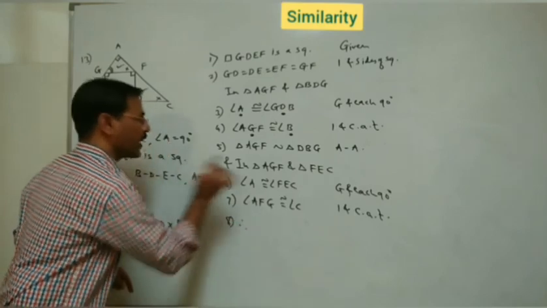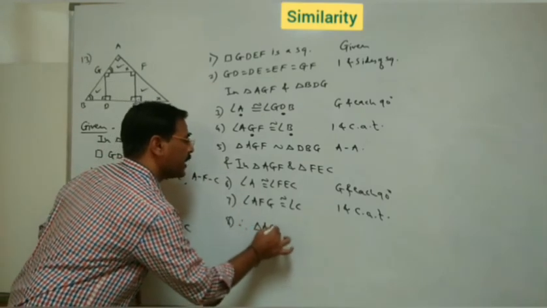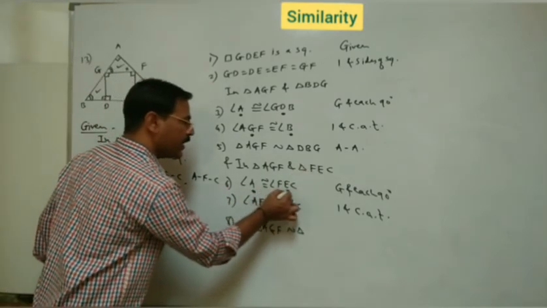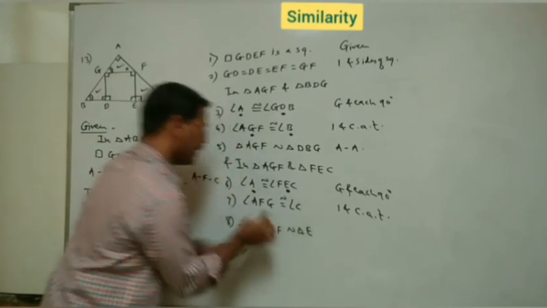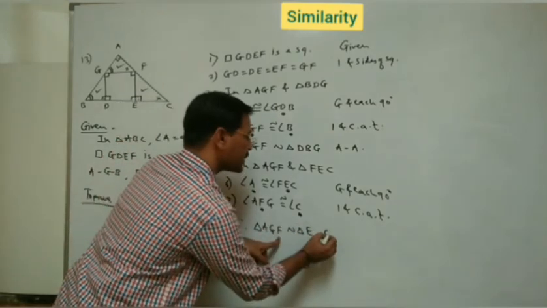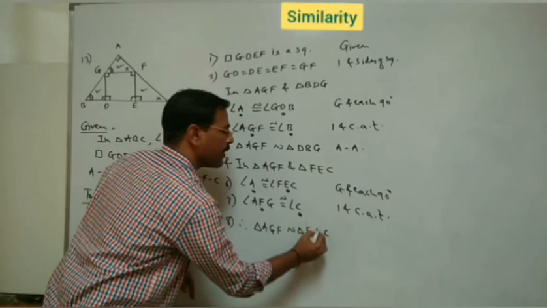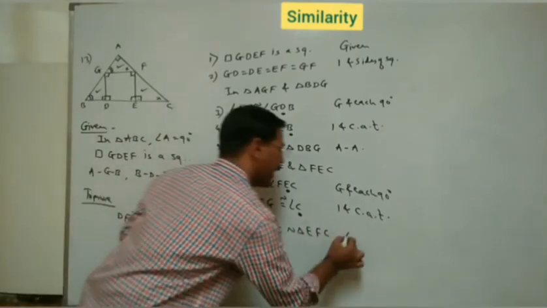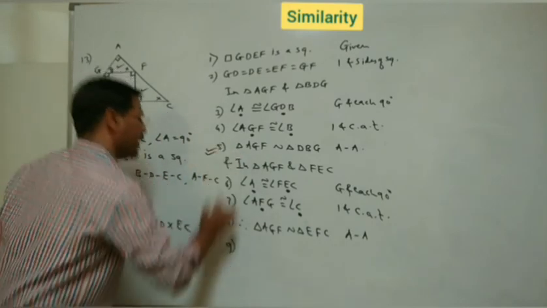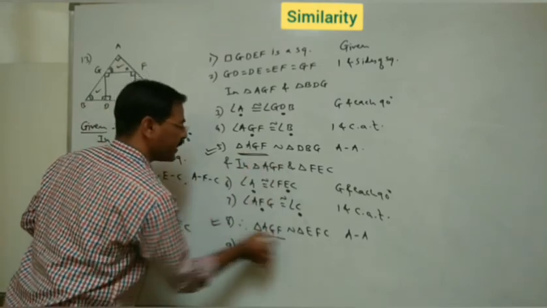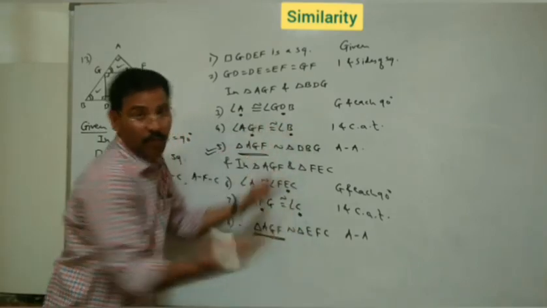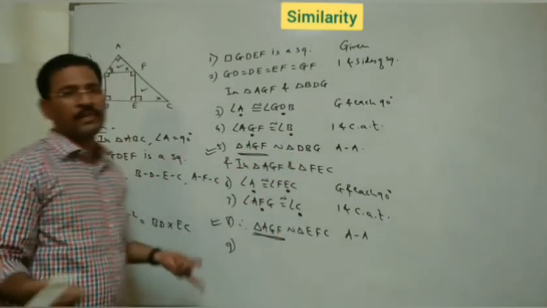Therefore, here also the two triangles become similar. AGF similar, don't copy again, check it. A to E. A is first, write E, and F to C. Where is F? Last. Right here, C last. So what will remain here? F remains, write the place where it is. This is by AA test. Now look here. In this 5th step and 8th step, AGF is there, here also AGF is there. Therefore, this one is similar to these two triangles. Therefore, by transitivity, these two now become similar.